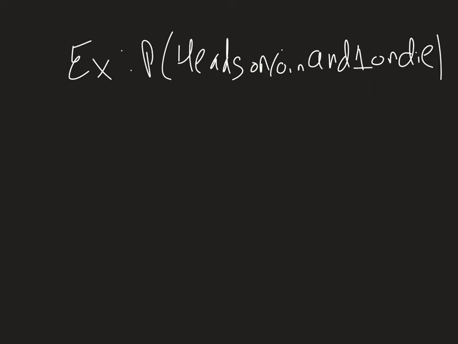Okay, all vocabulary aside, let's talk about some examples finally. And you may not necessarily need to know the vocabulary to solve these problems, but it's worth talking about because it can really help you in the long run in solving these things. So if we're looking at the probability of heads on a coin and a 1 on a standard six-sided die,